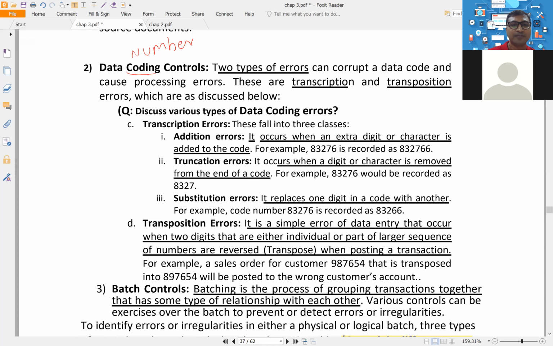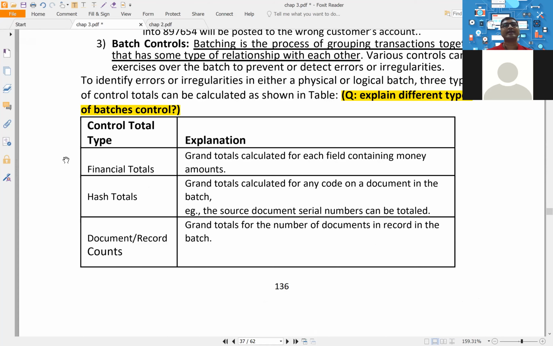If you remember batch control, I have given you here also one table. Batch control, when we don't process individual invoices, we collect all the invoices together, and then you collect on Monday, collect on Tuesday, collect on Wednesday, but you enter all the data on Saturday, now that is called batch processing. But look, the data which is collected on Monday and is going to be entered into the system on Saturday, there is a gap from Monday to Saturday. There is a chance of fraud and errors between this time, Monday to Saturday.